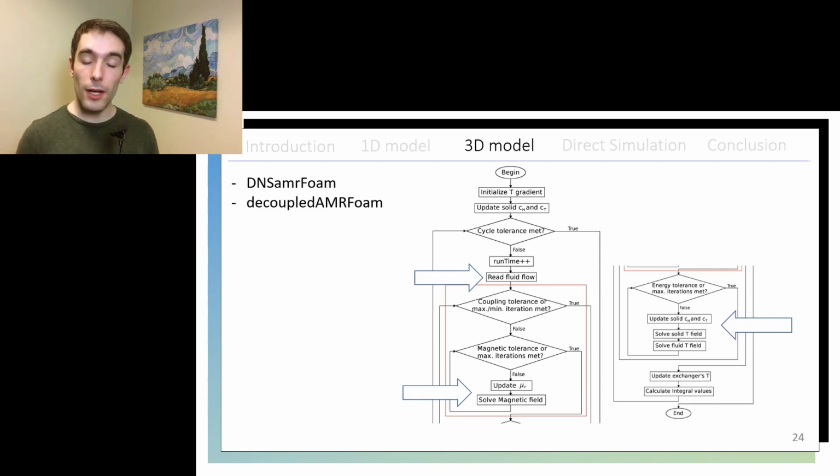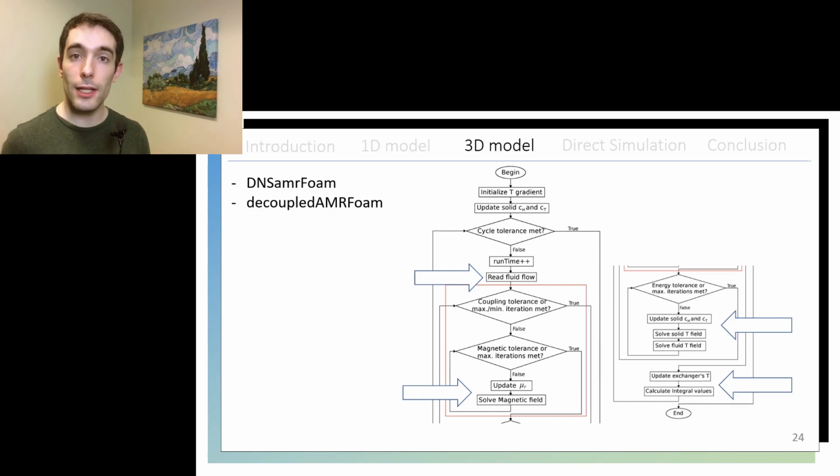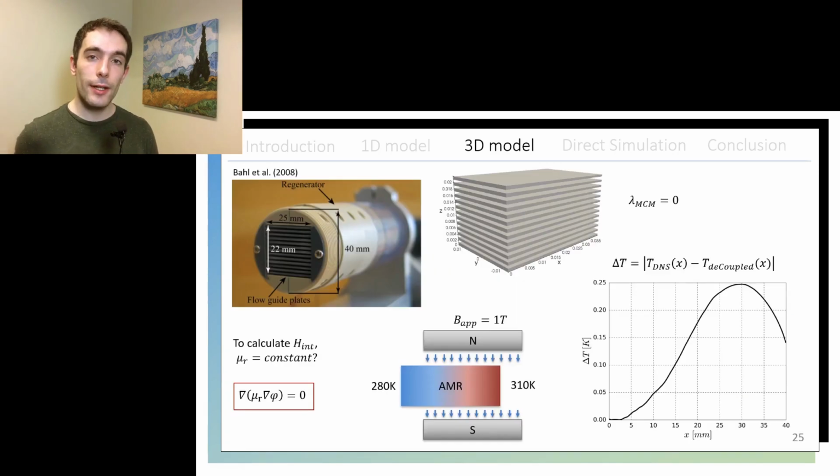If we prove that the magnetic field could be decoupled from the temperature field, then I developed another solver that would be named decoupled AMR foam, and it would substitute that red square you see in the flowchart by a subroutine that would read the magnetic field from a file too. And then we would end the time step by updating the temperature of the heat exchangers and calculating some other integral values. So then I had to prove the correct resolution of the thermodynamic cycle, and for that I chose